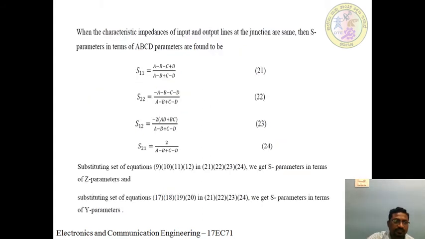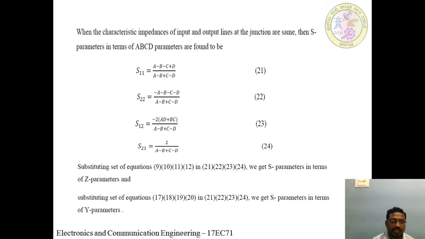Then when the characteristic impedances of the input and output lines at the junction are the same, the S parameters in terms of ABCD parameters are found to be S11 equal to A plus B minus C minus D divided by A plus B plus C plus D, call this equation number 21, and S22 is equal to minus A plus B minus C minus D divided by A plus B plus C plus D, call this equation number 22,